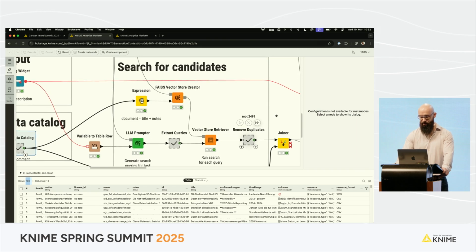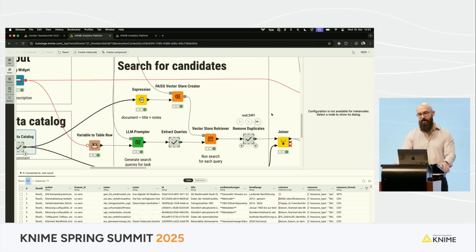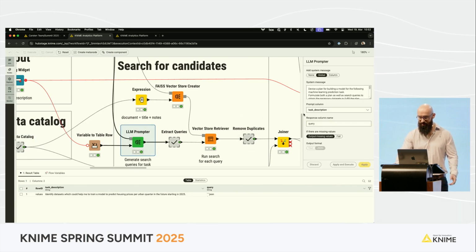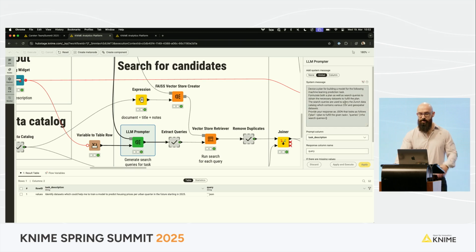So first of all, what you would probably do is search for candidates, right? And there I built a little vector store, which allows me to search for candidates using just natural language. But of course, if you think about how you would tackle this by hand, you would not really search exactly with the description of the task that you want to do. I would think first, okay, what kind of data would be useful? And this thinking bit, we outsource to the reasoning model in this case from DeepSeek, where I just ask it, hey, please devise a plan and give me search queries that could be useful to solve this particular